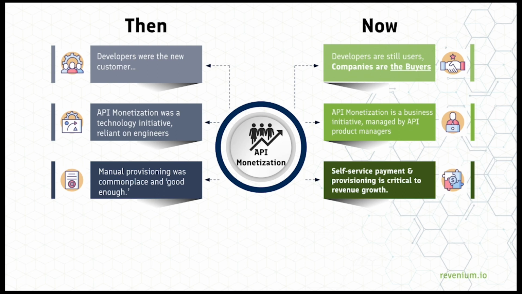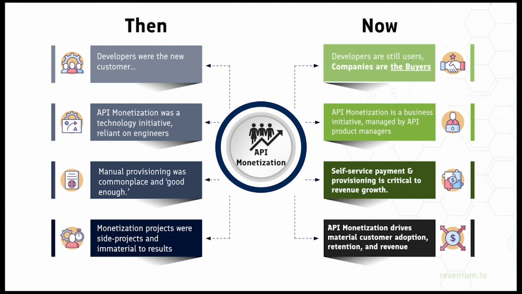Instead, like we talked about in the technical consideration, that all needs to happen automatically, where there's a linkage between the contract that was signed and the entitlements it contains and the API keys that are issued, and all that needs to be able to happen within minutes, not within weeks or months.